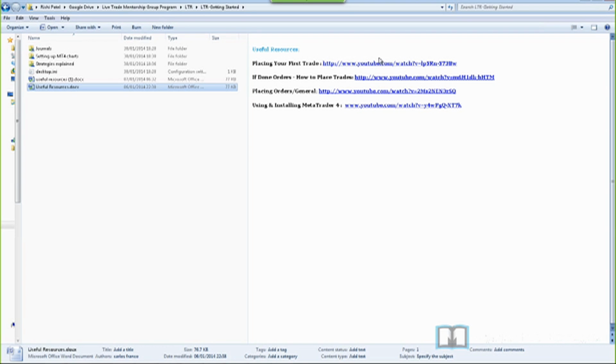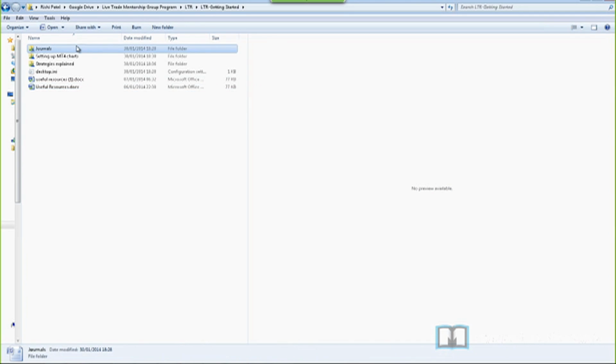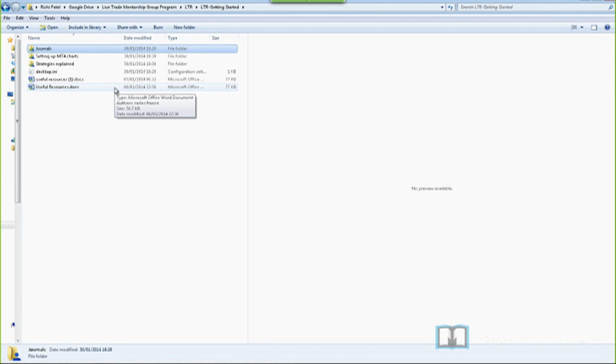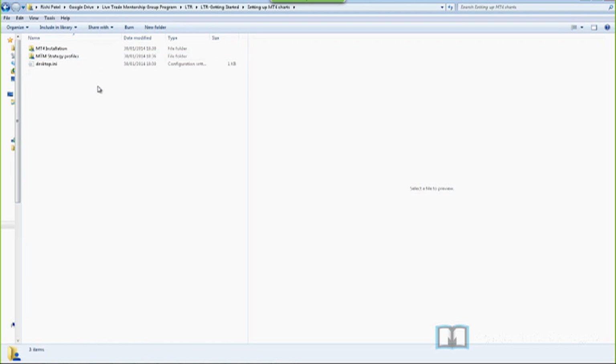Now, the next one is really, what have we got here? We've got journals. Again, have a look in this folder. It's just got a video. It will walk you through the trade journal, which is what I just went over, and it will give you a heads up on how to use that if you want some more detail. Then you've got setting up MT4 charts. Now in here we have two different folders. We have the